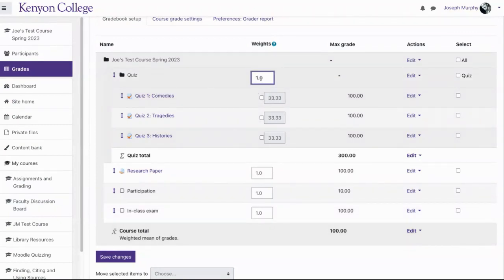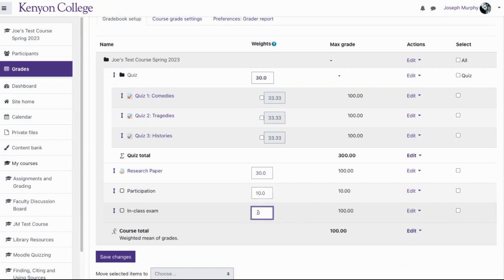So I could very easily come in and do the same kind of 30, 30, and 30 approach. So it works very similarly to use the weighted mean.